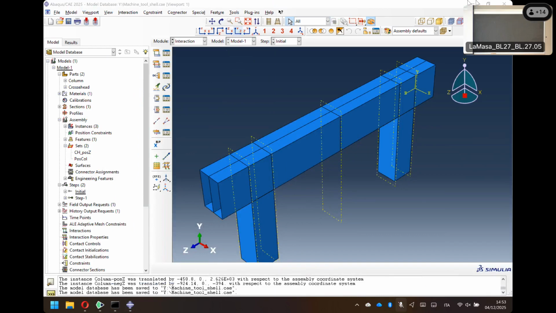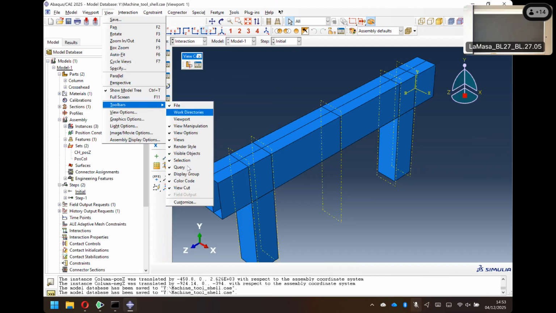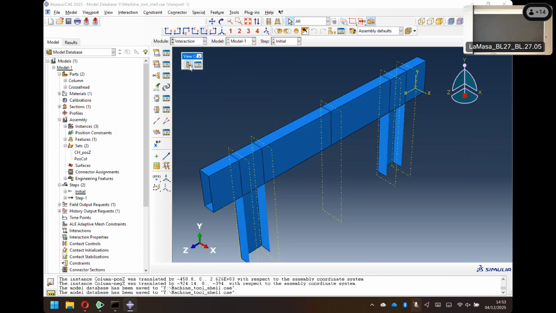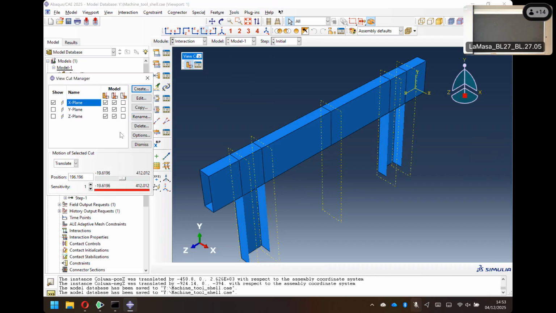For this, we're going to use the command that is here. And if you don't have it, it's in View, Toolbars, View Cut. You have to put this on, because otherwise you don't see those two commands. If you do it, you have to click both. First, this one, and this is pretty useless because you cannot change anything. With the manager, you can start playing a bit. How do we use this? The idea is that